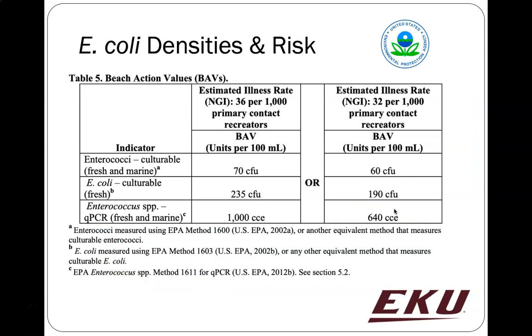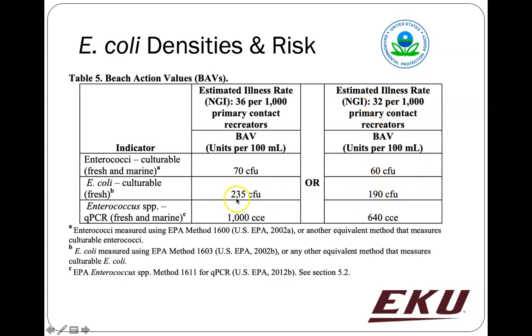Now, that E. coli level for recreation is based upon this. This is from the recreational water quality criteria that says if there's 235 E. coli per 100 milliliters in the water, that is associated with 36 gastrointestinal illnesses per 1,000 people. And over here, this says that if you chose to use 190 CFUs, if a state wanted to use this, there would be 32 illnesses per 1,000,